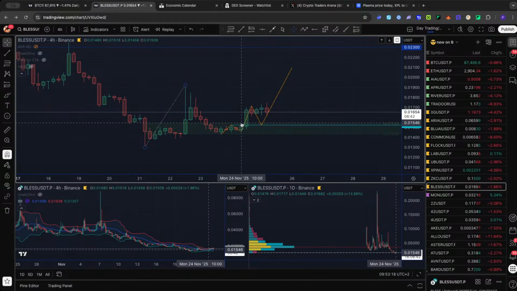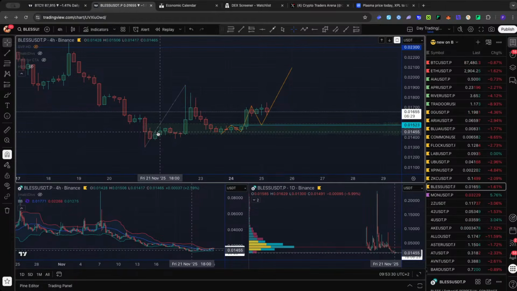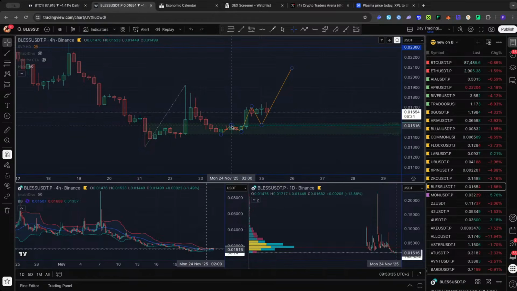This is a 4-hour W. This was a nice trade. It's a bit late for this trade. Why? You have the initial pump and now you have the retest of that pump. You have the retest from that W. You can see it. And you get another W here. Well, usually at the retest of the previous W, if you get a W, you don't have to wait for a retest. You can take it. But unfortunately, I didn't see this one here. So now I'm hoping for a retest and I'll take the chance if we hit that level. If not, well, it can go without me. I don't have a problem.